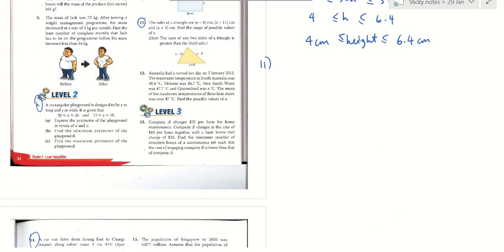They gave us the 3 sides of the triangle, but they are all in terms of x, so we don't exactly know any of the sides. But they did tell us that the sum of any 2 sides of a triangle is greater than the third. So we are going to have to test out all 3 pairs of sides of the triangle. So let's start with the first pair. Just randomly choose 2. For me, I'll choose x minus 11 plus x minus 8. This is supposed to be greater than